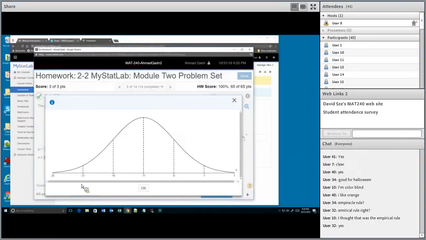So here we have a normal distribution. And here are the 1 standard deviation line, 2 standard deviation line, 3 standard deviation line. So first of all, my question to you is, what is the mean, the average, for this normal distribution? Very good, minus 11. Excellent. That is correct. Minus 11 because it's the center of the normal distribution.